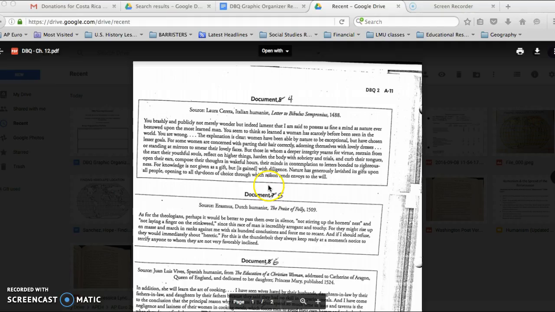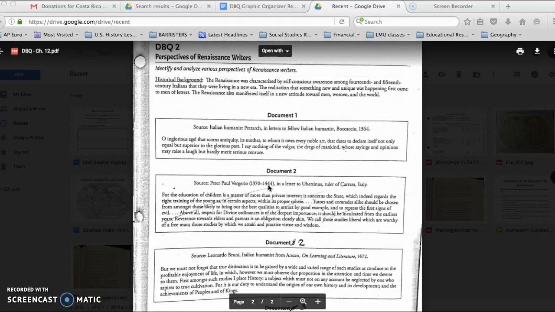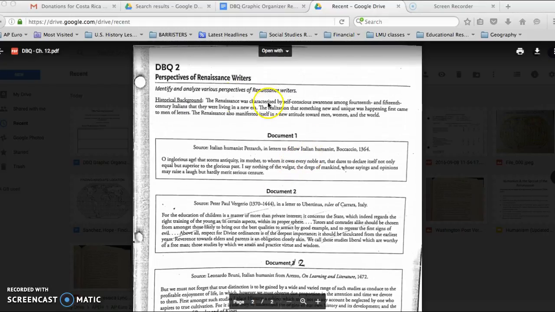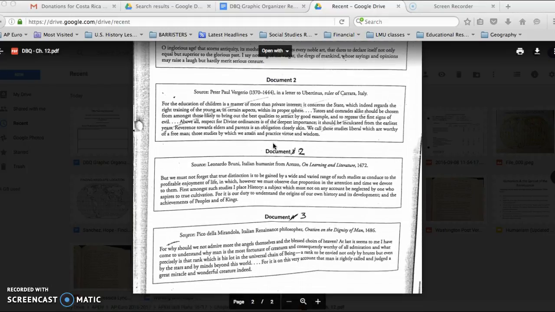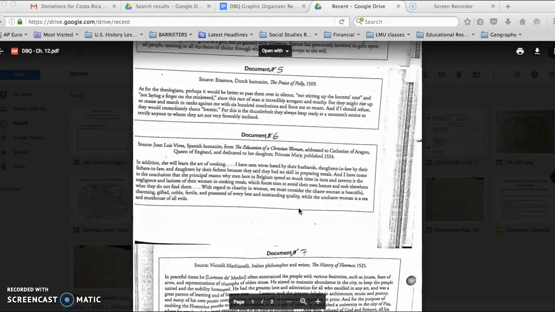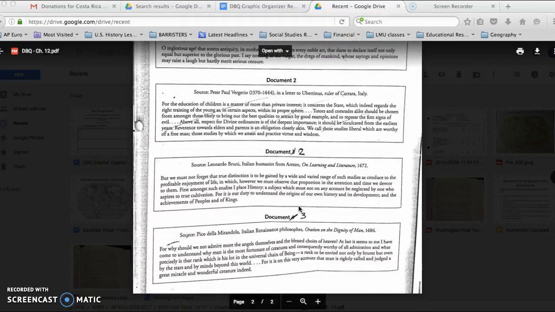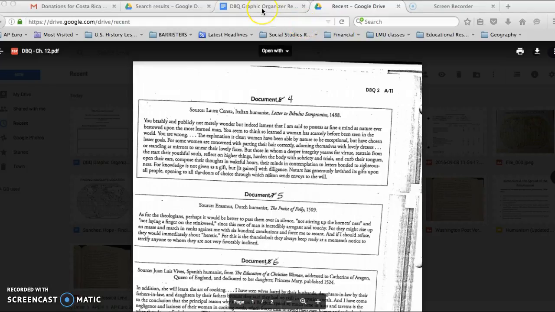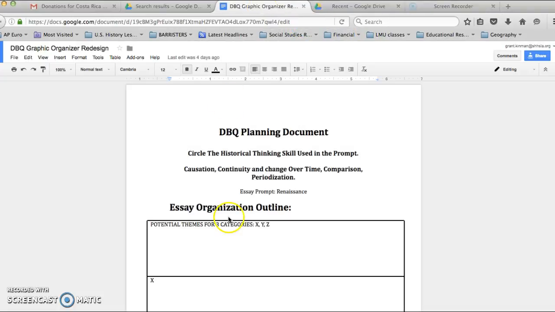Let's talk about the pieces. So here are our pieces, 7 different documents, and here are our clues and how to put them together, the question itself and the historical background. But right away we know we need to fit these 7 documents together to make sense of the big picture. So in your graphic organizer,